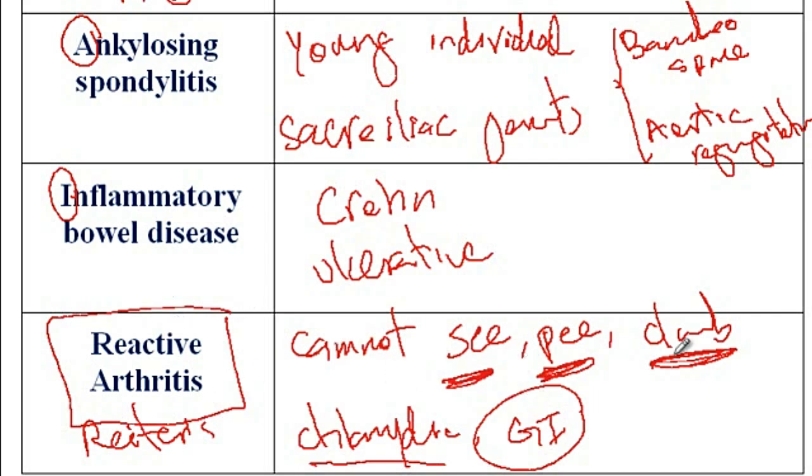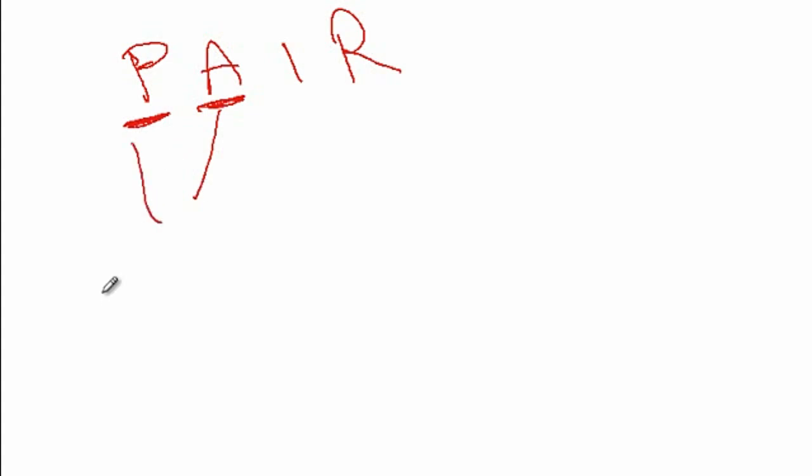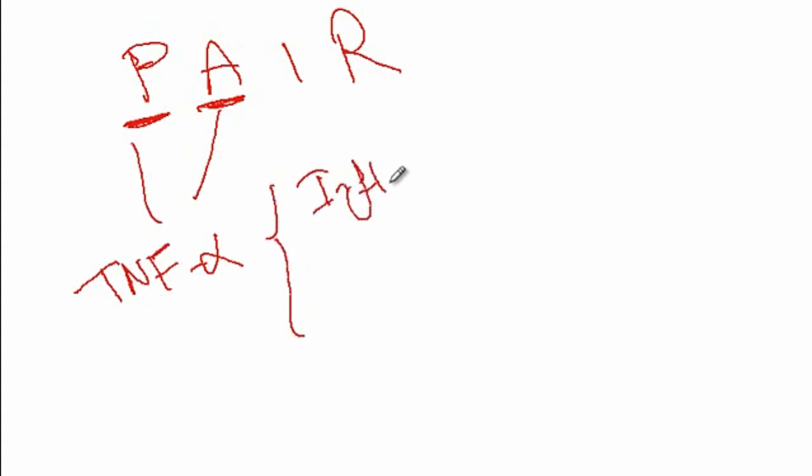And then the treatment of arthritis is usually NSAIDs. And if the patient has chlamydia, you have to provide antibiotics. So here I would like to now go over the treatment options for the other conditions that I've listed here. So PAIR was the mnemonic. So for psoriatic arthritis as well as the ankylosing spondylosis, the treatment is targeted at suppressing the TNF-alpha or tumor necrosis factor alpha. And the medications that can be used include the infliximab